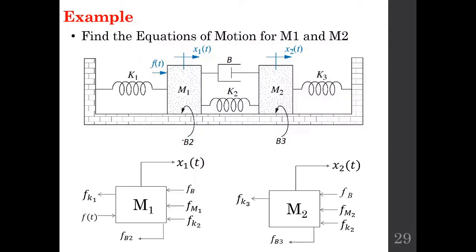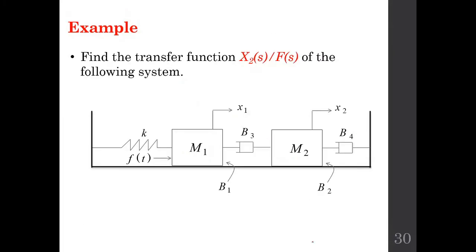This is the same diagram as the previous one. There are two additional things, that is, this surface is also applying the frictional forces B2 and B3. So B2 is the frictional force on this body, and B3 is the frictional force on this body. So the free body diagrams of these two bodies will change, because there will be another opposing force on this body, which is due to this B2 friction and due to this B3 friction.